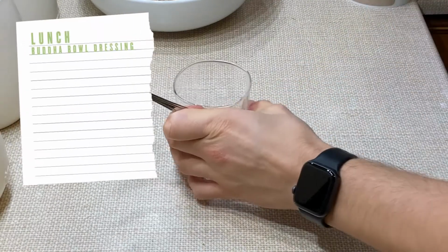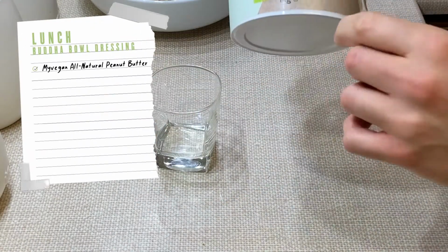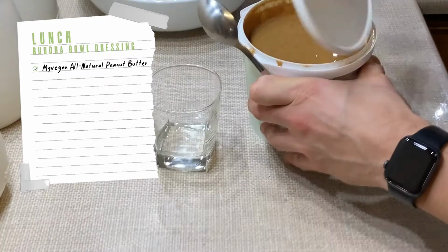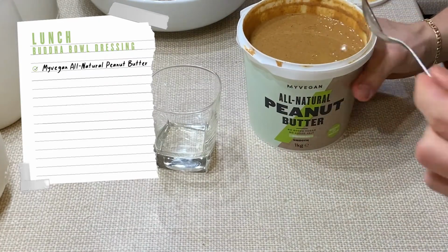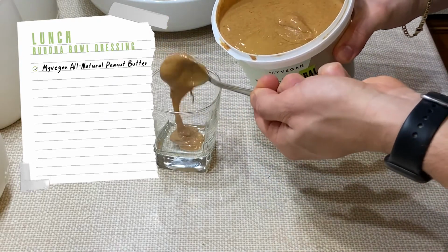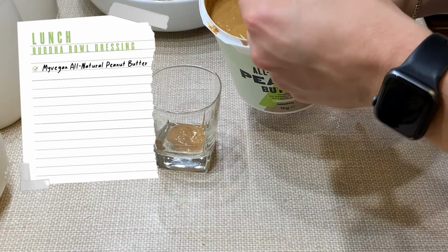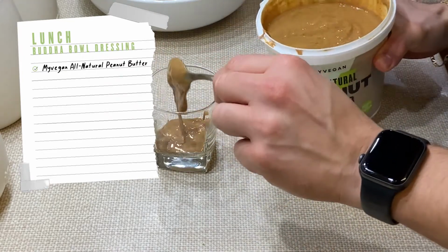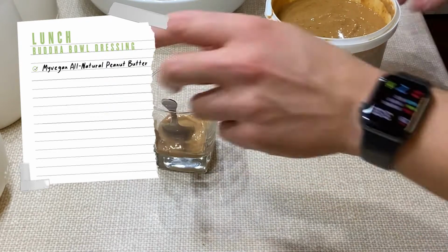So for the quick dressing, I'm going to use the Myvegan peanut butter in smooth. You can use crunchy, but I prefer the smoother one just because it mixes much easier with all the other ingredients. So I'm just going to add a couple of teaspoons of this, probably quite a few actually. So I've added 3 teaspoons of that,